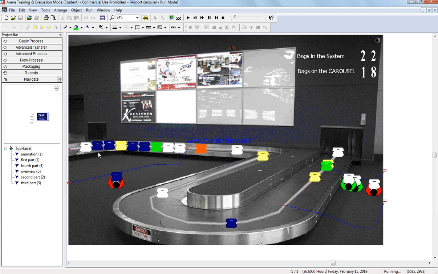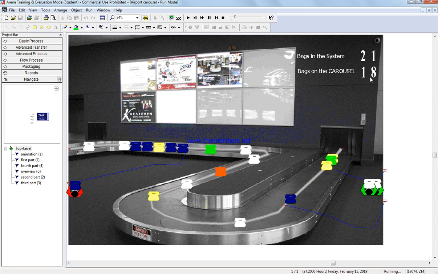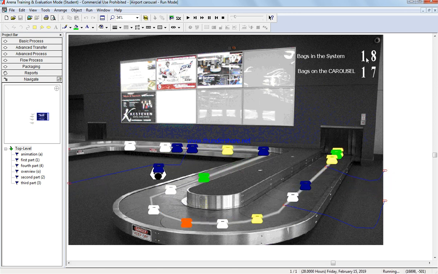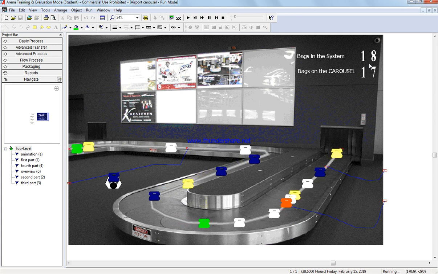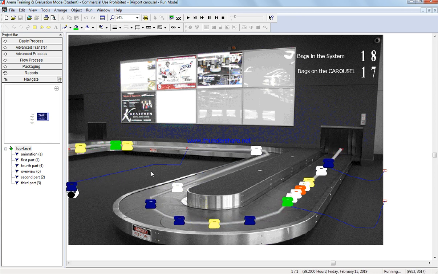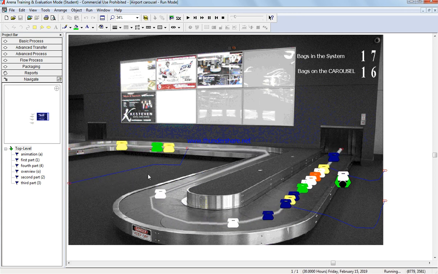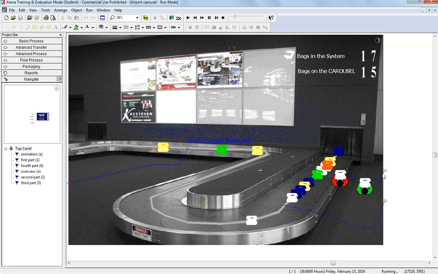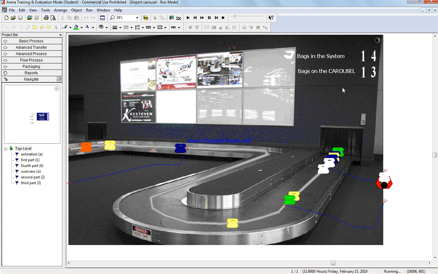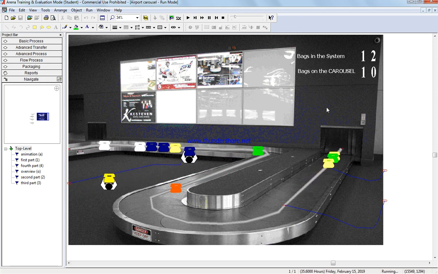Okay, so in this example we have 18 on the carousel, or 17, and 19 or 20 on the system. This one is leaving the system or getting picked up by someone. Whenever this one gets to the exit or away from the carousel, it will be counted as having exited the system. Okay, so currently we have 13 on the carousel and 11 and 13 in the system, and this will